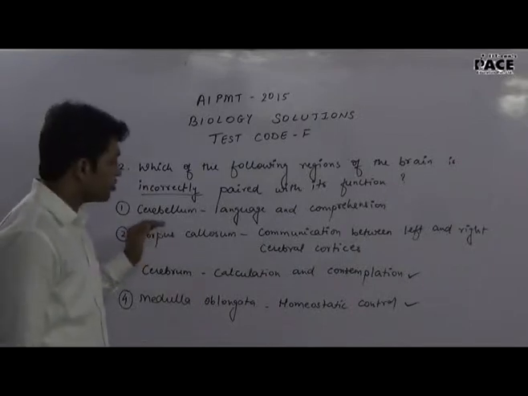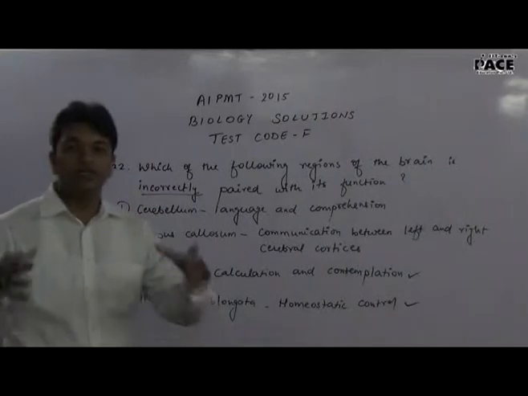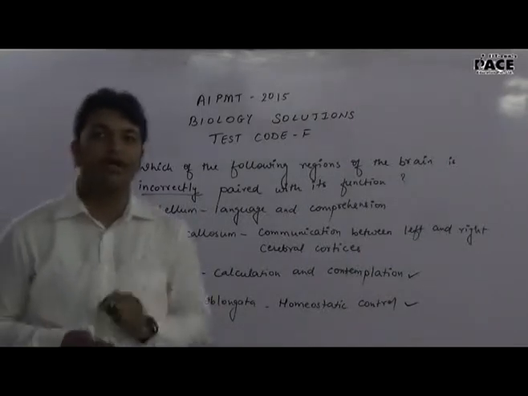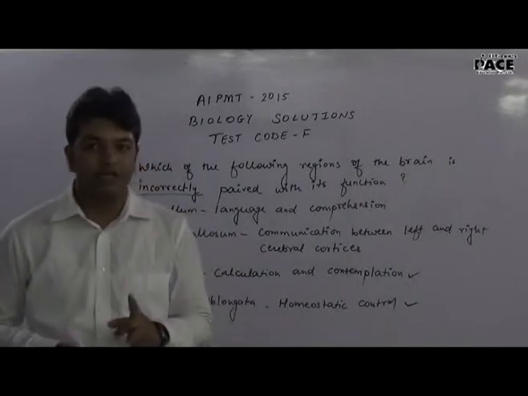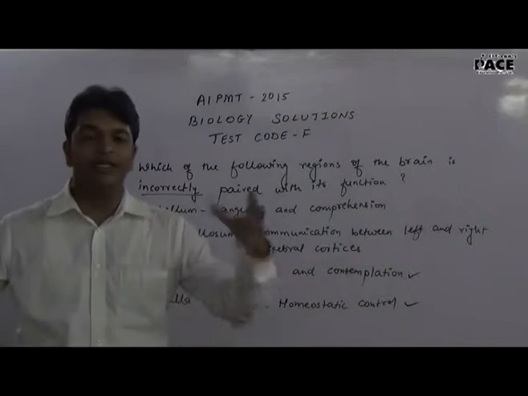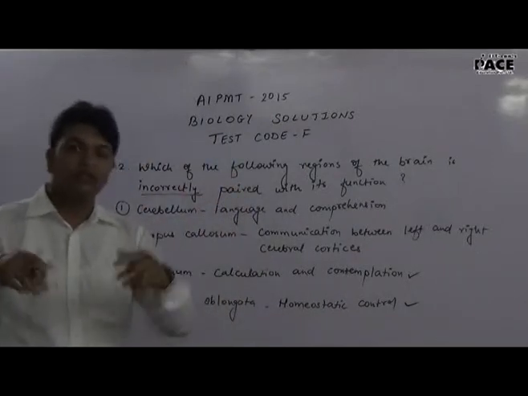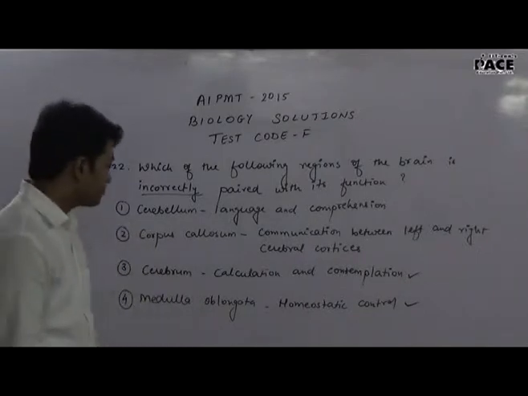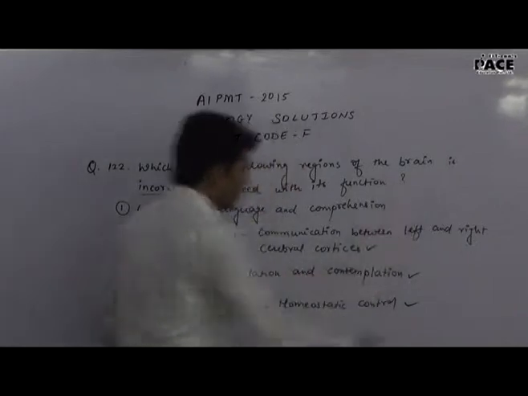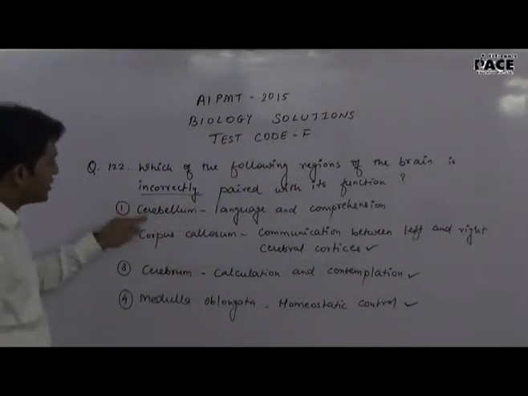The second option is corpus callosum communicates between the left and right cerebral cortices. The two cerebral hemispheres are interconnected by a transverse band of fibers which is called as corpus callosum, and it is this corpus callosum that helps in integrating the activity of right and left cerebral hemispheres with respect to the two sides of the body. So corpus callosum communication between right and left cerebral cortices is also correct, and the first option, that is cerebellum,